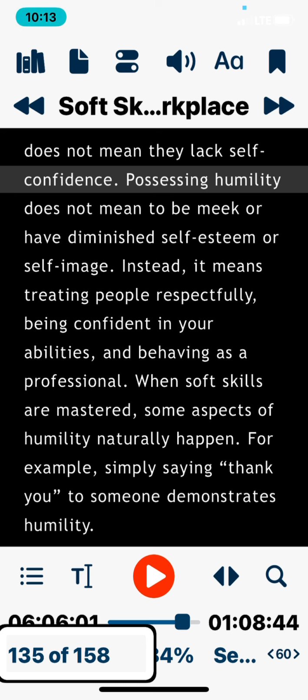Page 135 of 158. Go to page, button. This is the Go to Page button if you are reading a textbook and you need to follow along with someone. Page 135 of